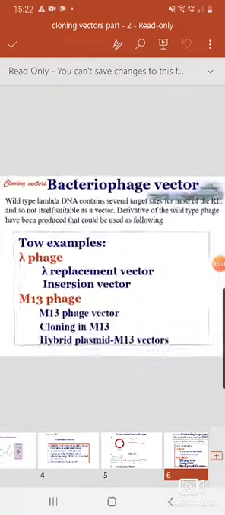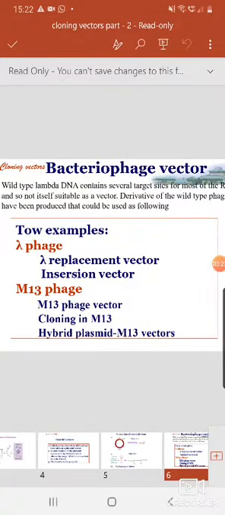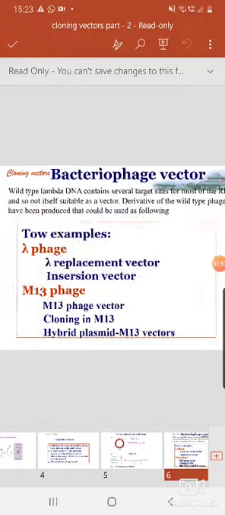After that we will discuss bacteriophage-based vectors. Here I want to mention one application of the cosmid vector. Cosmids have been used extensively for genomic DNA library preparation. Remember, the capacity is a maximum of 52 kb. Here comes the bacteriophage vector. There are two very popular bacteriophages being used in biotechnology.